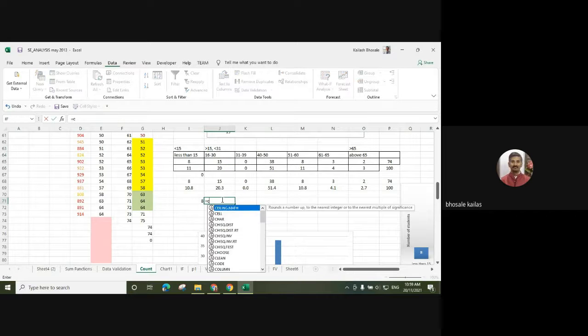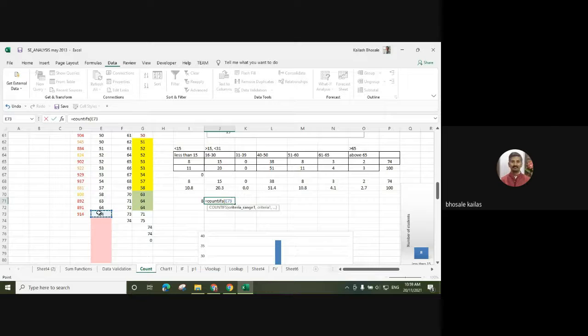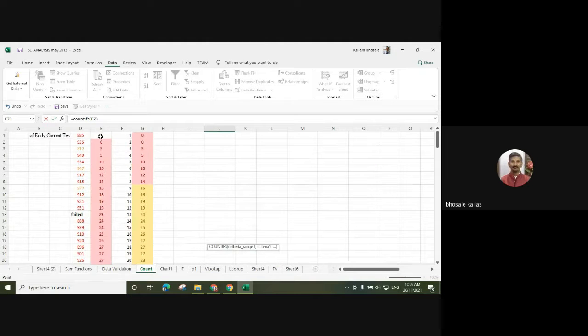COUNTIFS counts the number of cells specified by a given set of conditions or criteria. So we can use different criteria and conditions. Select the data values. Condition is greater than 15.